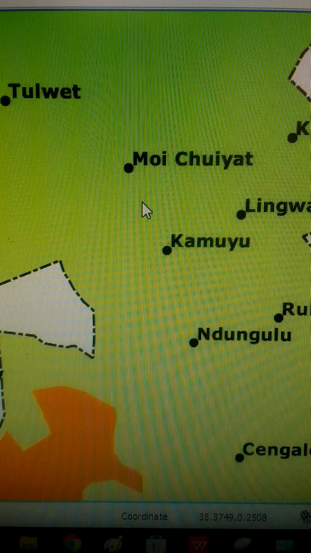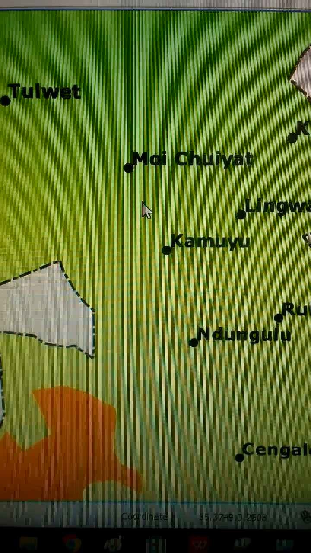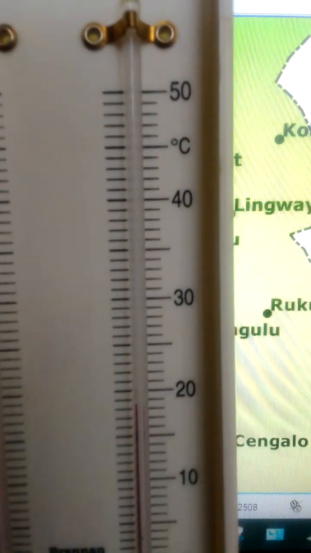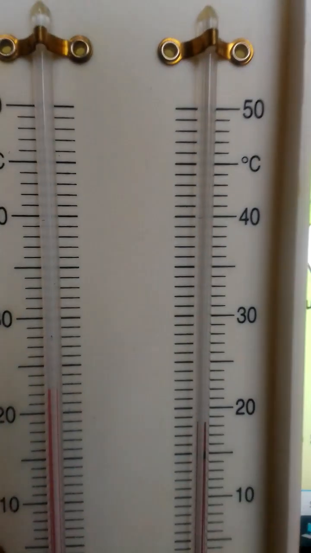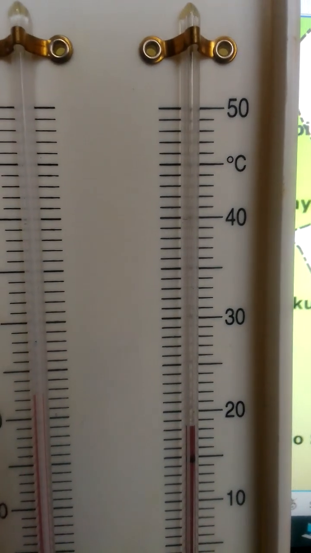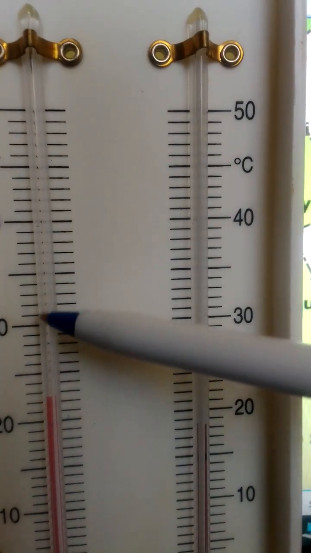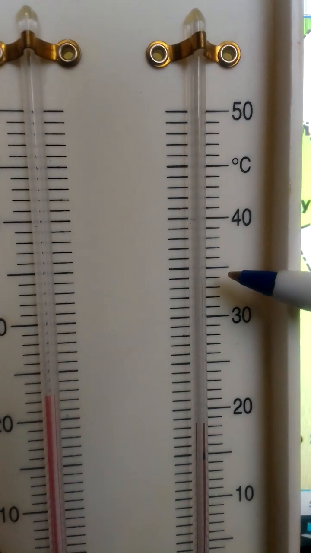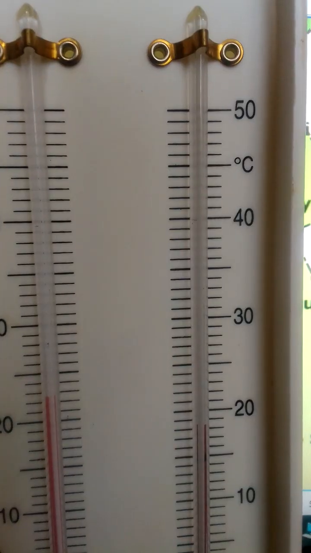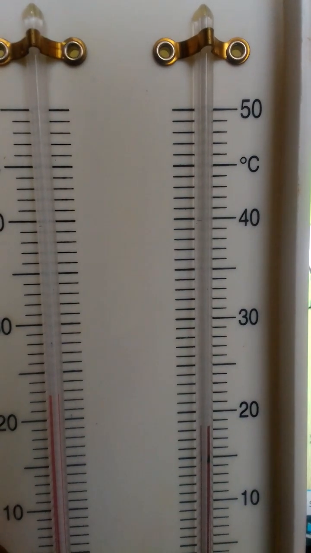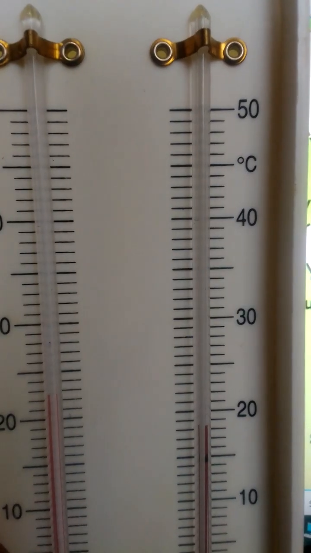So let's discuss the wet bulb hygrometer. This is the wet bulb hygrometer, alright? This is the wet bulb hygrometer. It is used to measure relative humidity. It has two thermometers, the dry bulb and the wet bulb thermometers. The two thermometers are ordinary mercury in glass thermometers. Alright? Now, the wet bulb thermometer